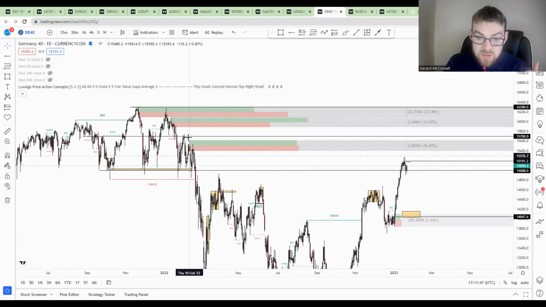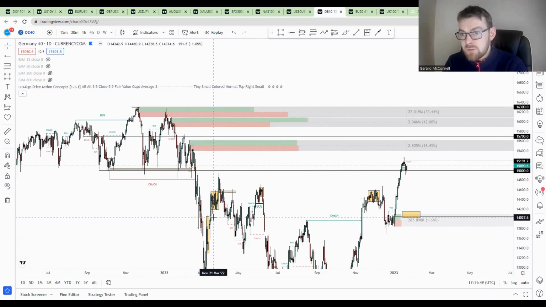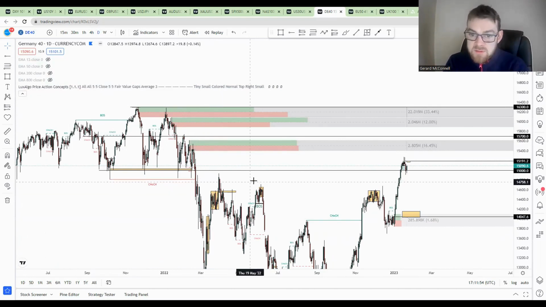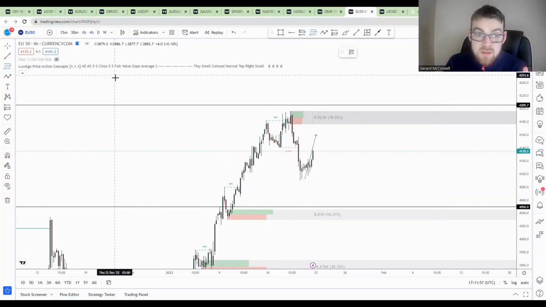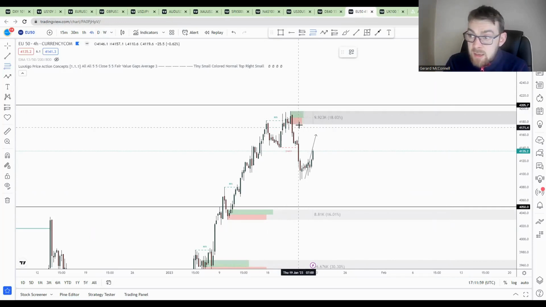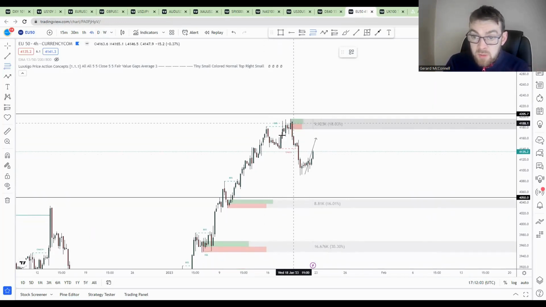Then of course in 2022 we had that massive decline, obviously Russia invading Ukraine, and the effect that had on the broader European markets, whether it's commodities or the stock markets broadly. Same again in the Euro Stoxx. Euro Stoxx, very, very clear top formed around 4,200. We even talked about that this week. Around 4,200 was an important level.